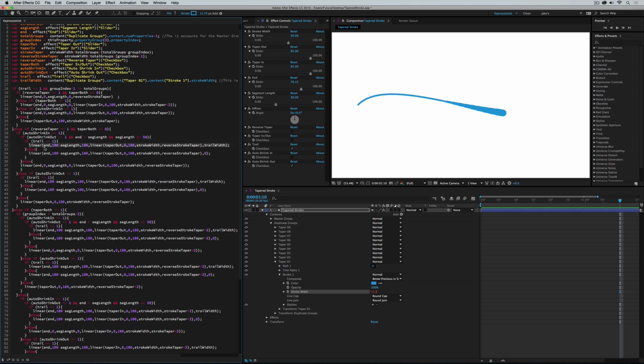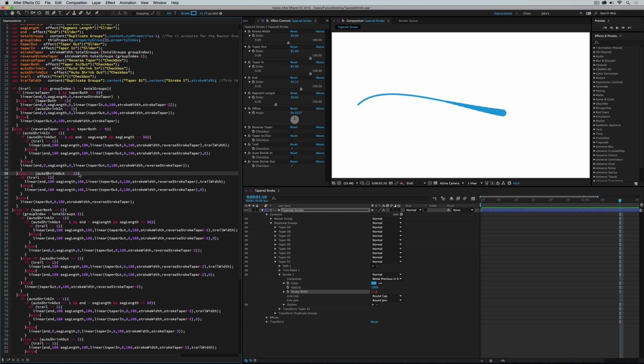expression. Otherwise, if this condition right here isn't met, apply this. If this condition isn't met, then skip everything between this curly bracket and this curly bracket and go on to the next thing, which would be right here. If this condition isn't met, ignore everything between this curly bracket and this curly bracket and check for the next